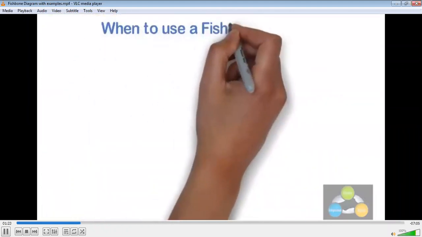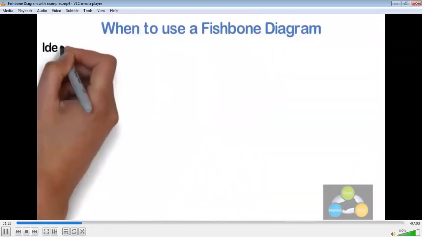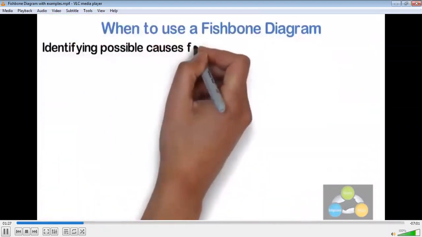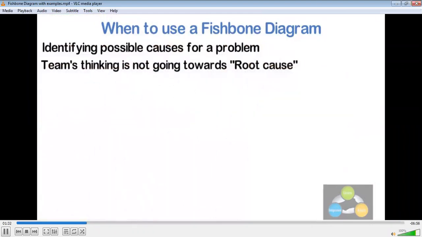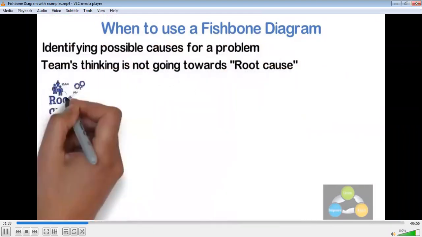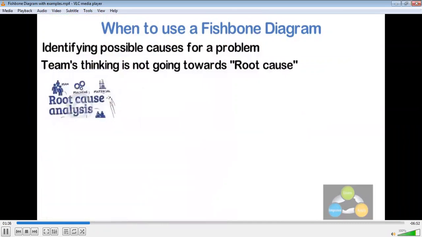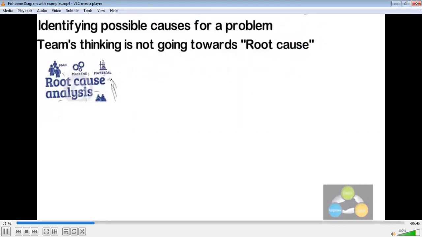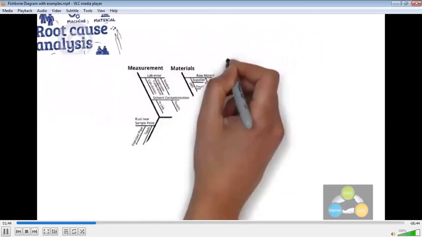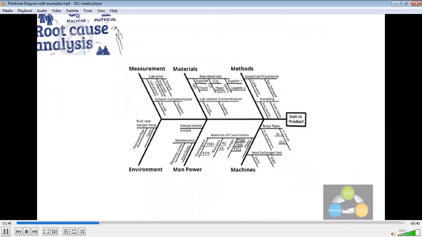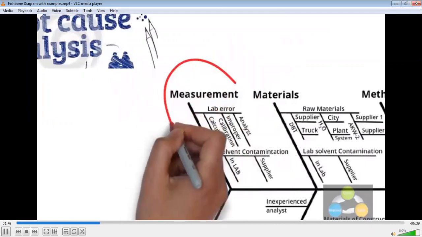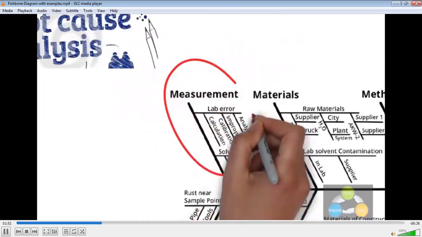When to use a fishbone diagram? When identifying possible causes for a problem, especially when a team's thinking is not going towards a root cause. Root cause analysis is intended to reveal key relationships among various variables, and the possible causes provide additional insight into the process behavior. The causes emerged by analysis, often through brainstorming sessions, are grouped into categories on the main branches of the fishbone.